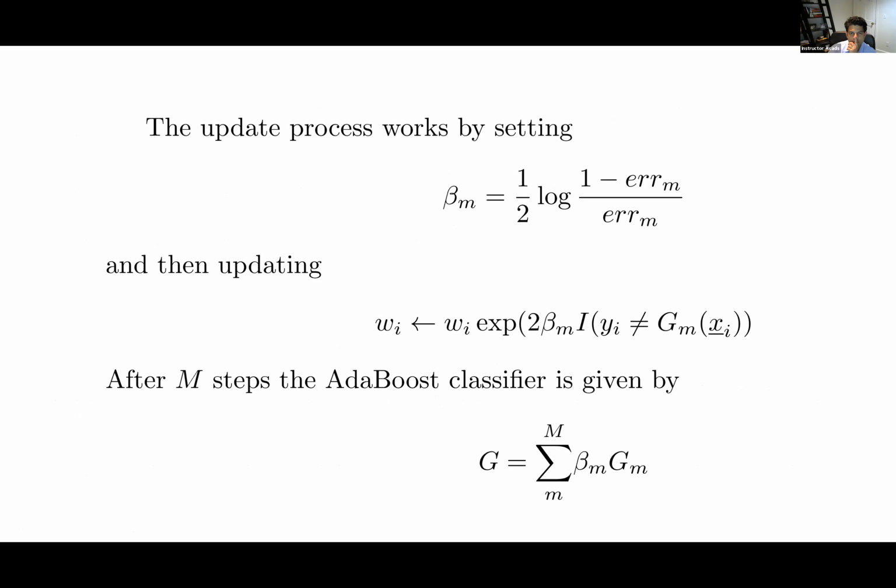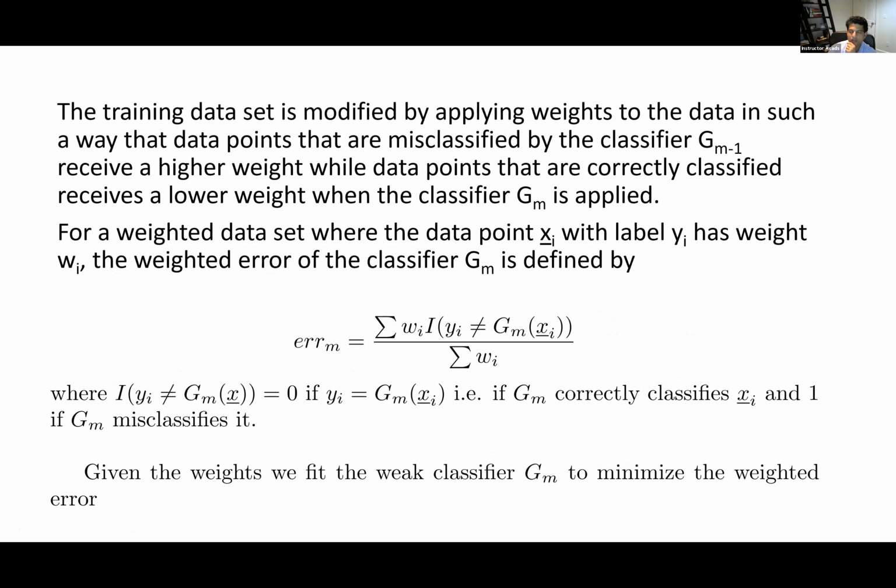Can I ask one question, please? Please. You said that the data points which are misclassified are given a higher weight in the next classifier, right? Yeah, exactly. But even in the next classifier, all the data points are being considered, correct? Yeah, at each step, all the data points are being considered. Right. So a data point which was previously correctly classified in G_{m-1} can get incorrectly classified, though with a lower weight. Yes, but